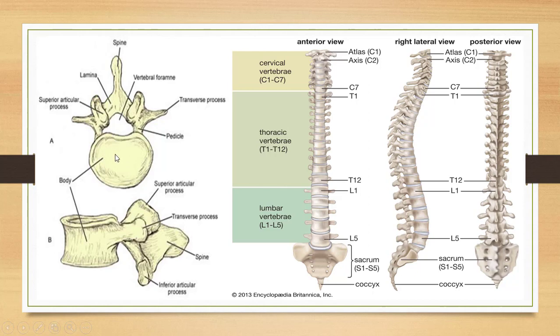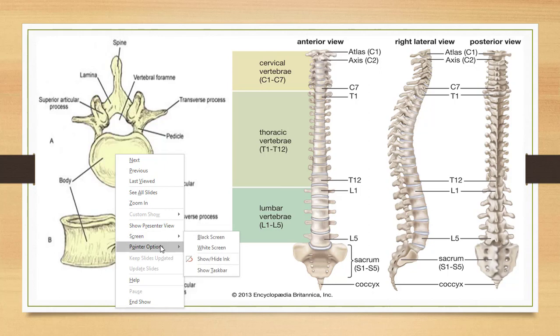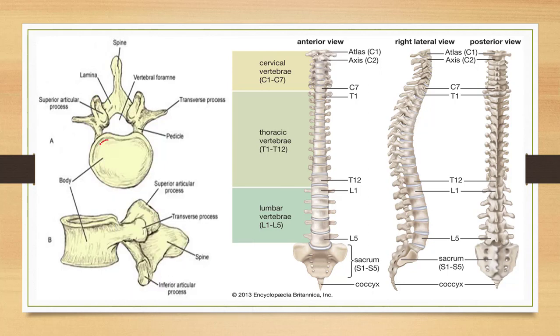So now we will look at one single vertebra to understand its structure. As you can see here, this is the body part of a vertebra. The three main parts of a vertebra that we are going to consider here are the body; this, which is referred to as the transverse process, meaning the process which extends on the lateral sides of a vertebra; and this is the spine. So these are the three prominent structures that we'll be talking about in coming slides.